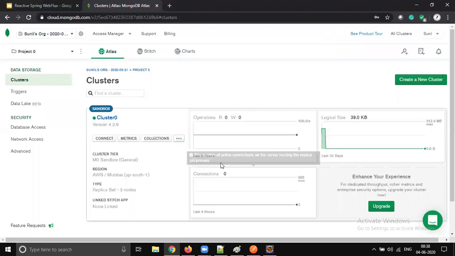I'm showing you a simple application, right? In real time, you need to do a lot more things, but most probably it should be taken care of by your MongoDB admin, right? If you as a developer get a chance, most developers will not get this chance. At least we are lucky we are seeing this part.